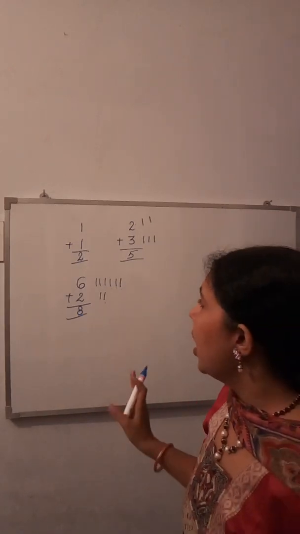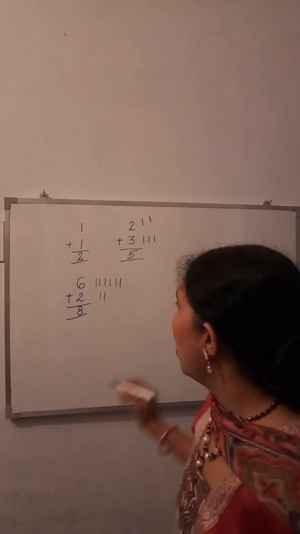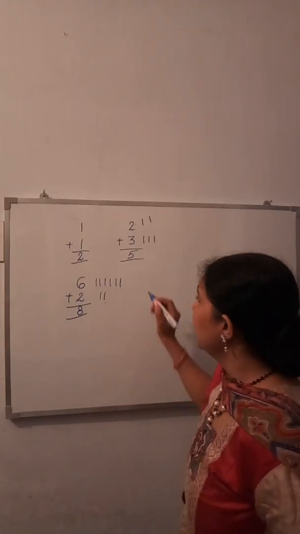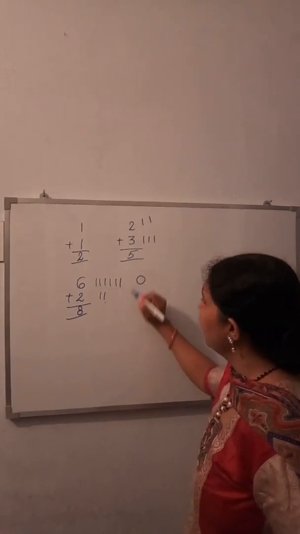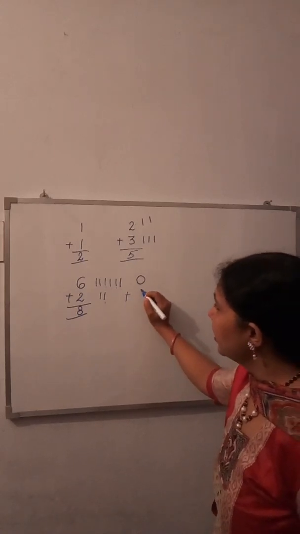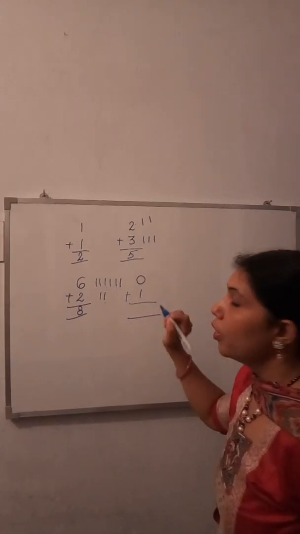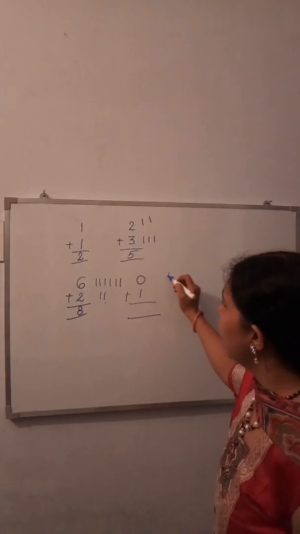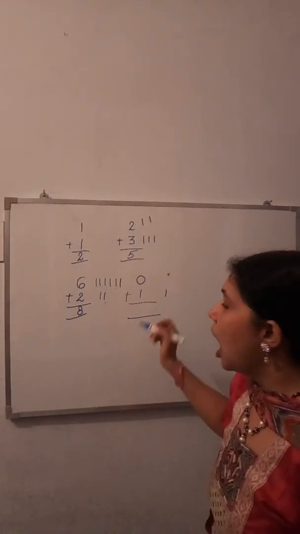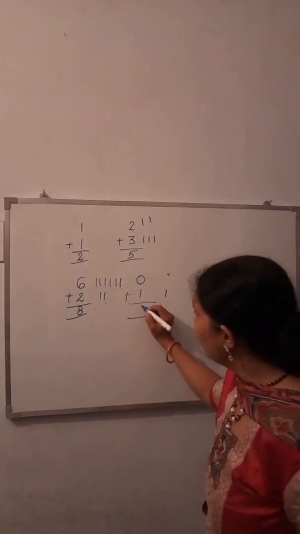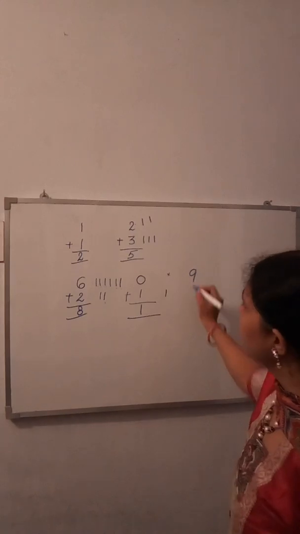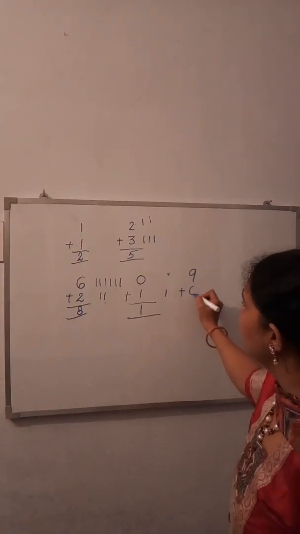I think you are understanding very well. Now let us very sincerely look at here. If we found that it is 0 and here it is plus and it is given 1, what will happen? 0 means nothing and it is 1. Then how many it happened? It happened 1.